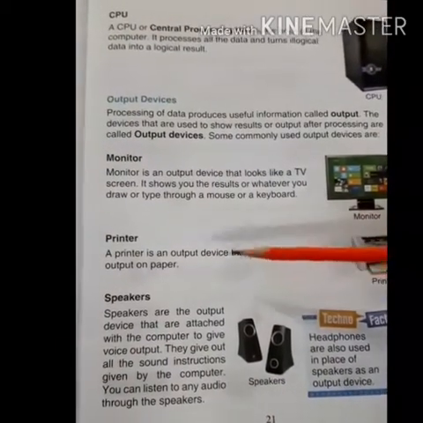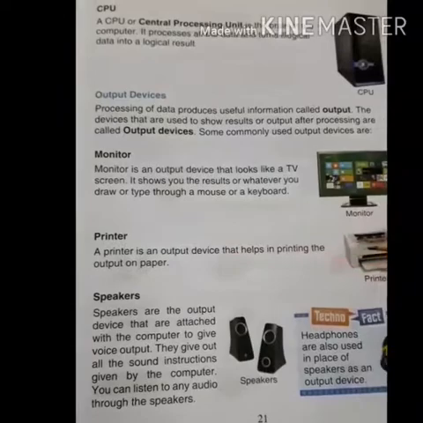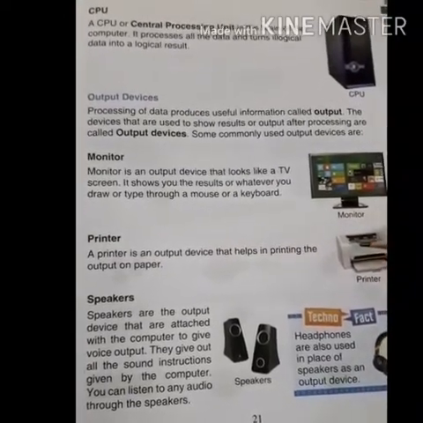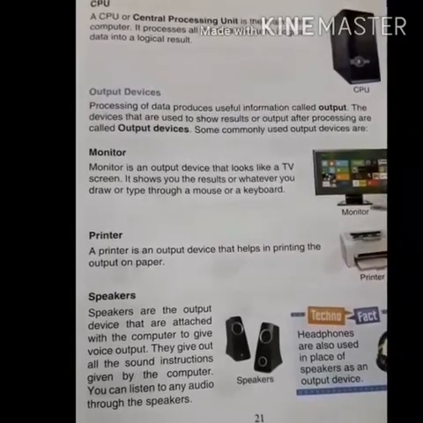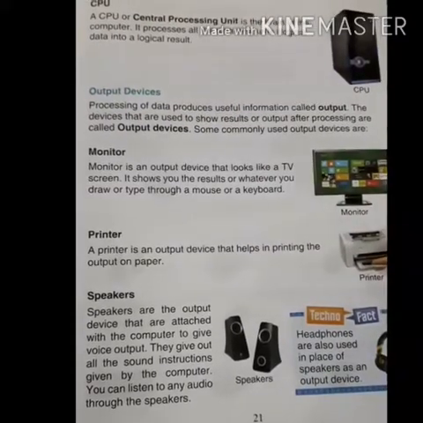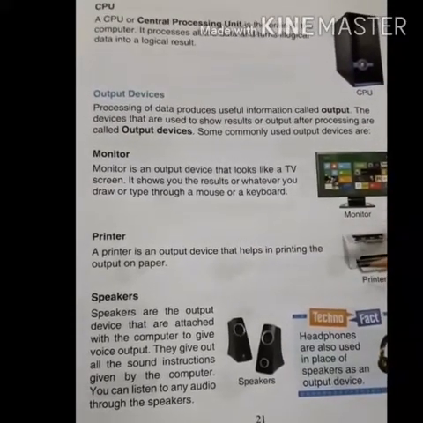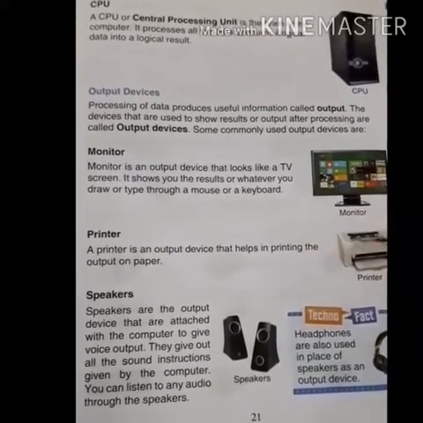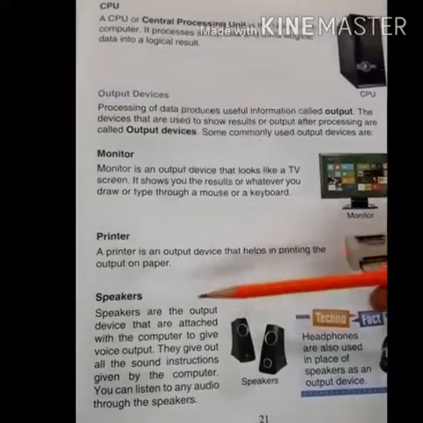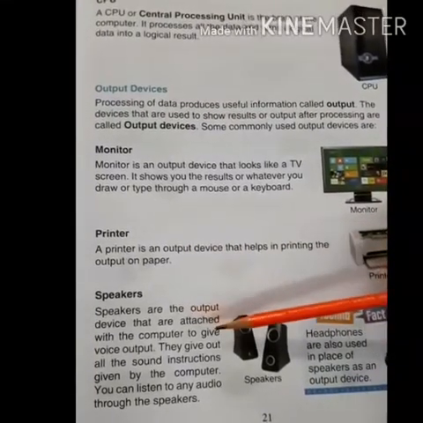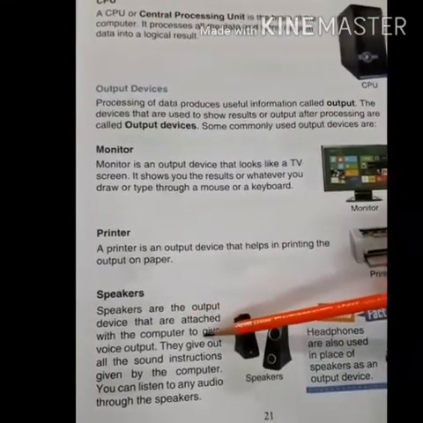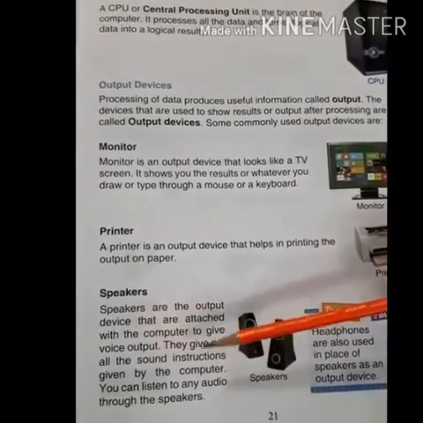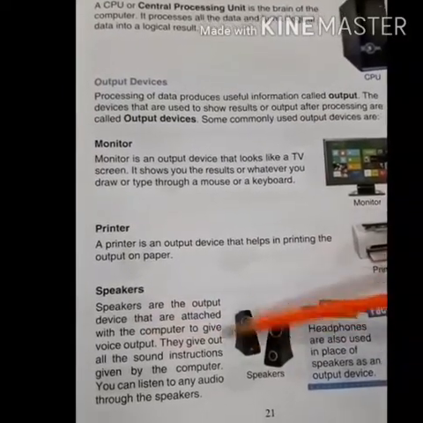Now students, if we talk about the printer, when we get the output as a hard copy on paper, that is what we call printing, whether of a hard copy or soft copy. That printing comes out from the printer. Now the third one is the speaker. When you get the output in the form of voice, that voice comes out through the speaker.